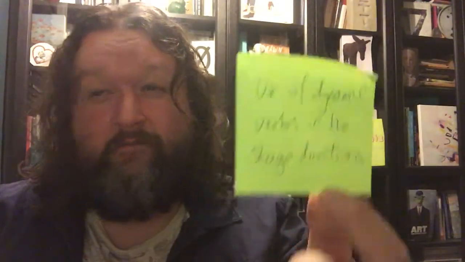It's much more everyday. Use of dynamic verbs in the stage directions, I think, is really important, especially for Stanley when he's angry. All the way through the play, he stalks, he kicks, he slams, he snatches. He does loads and loads of those dynamic verbs, which shows that he's getting angry.